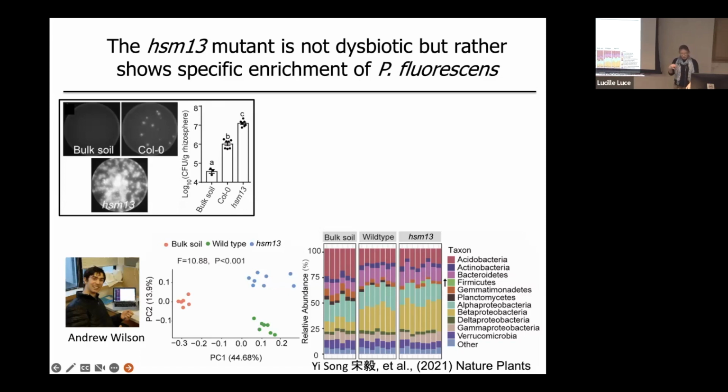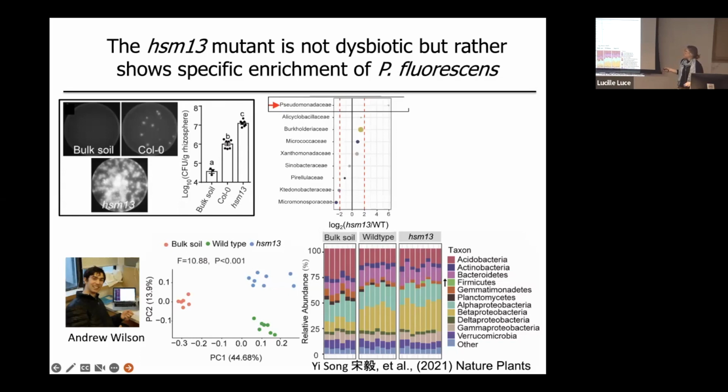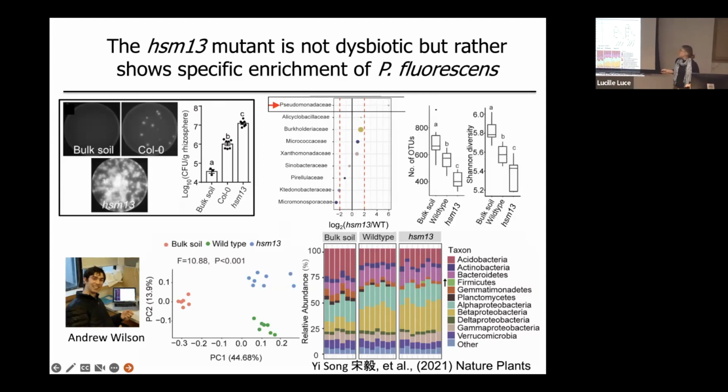And then when we looked at individual taxa that explained the difference we see here, it was largely limited to this family Pseudomonadaceae. This is a relative abundance plot. There are some other taxa that are different, but the most dramatic change was actually enrichment of Pseudomonas, which is way higher in HSM13. Interestingly, there are some signatures of dysbiosis in this mutant, although it's very Pseudomonas specific here. And there's much less diversity. We get a drop in total bacterial diversity by number of OTUs and also